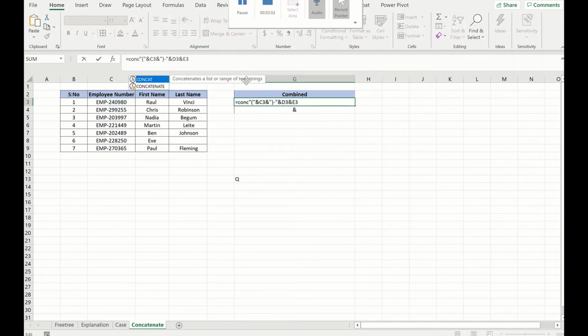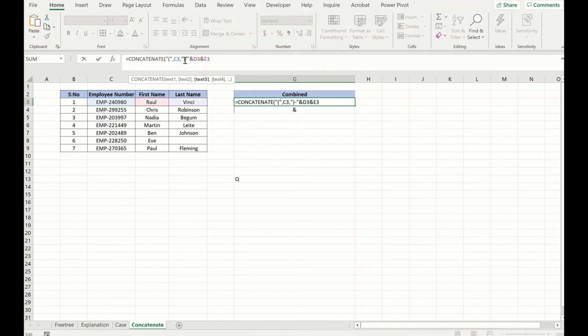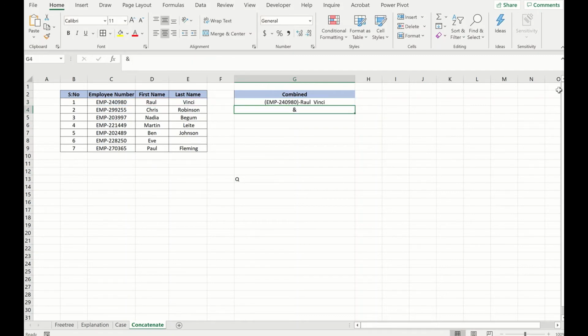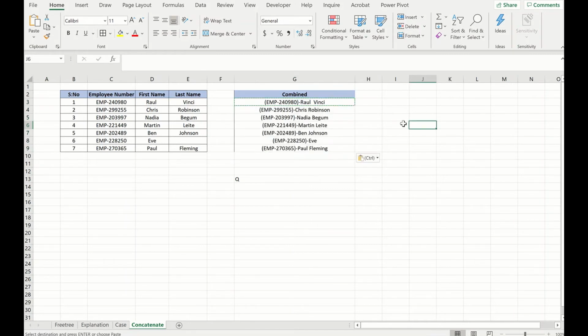So we go to concatenate, and concatenate still recognizes the double quotes and the special characters as text, so it reads as text1 comma reference, which is text2, comma, text3 comma text4 comma text5. It will still yield the same result. If I copy and paste it down, it will still give the same result.